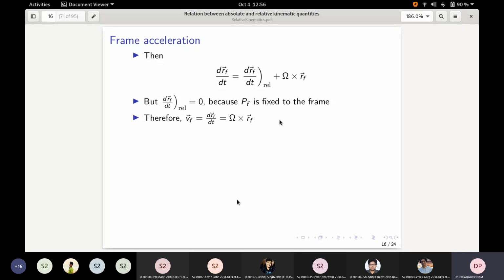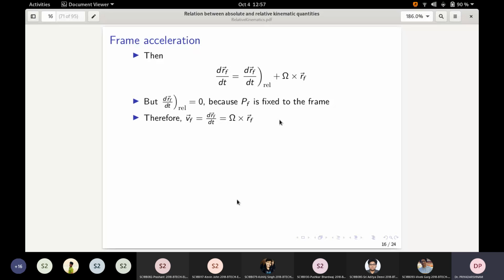So Earth's rotation rate is 2 pi radians in 1 day. You can convert it into 2 pi radians in 1 second. And then if you are on the surface of the earth, you are 6,400 kilometers away from the center, multiplied by 1000 meters. So if you take the cross product of these two quantities, of course, the appropriate frames are important. You have to represent the rotation rate, which is along the axis of rotation of Earth, and then the coordinates are usually expressed on the NED frame.